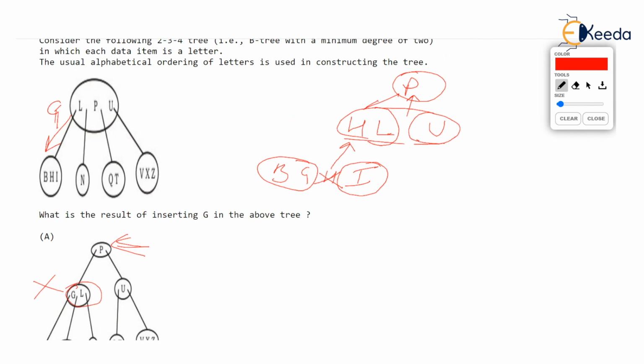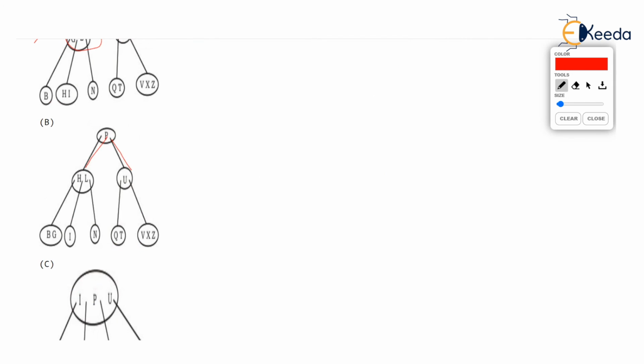At the bottom level, BG is one node and I is the other node. This was due to the left split and right split that we got. So option B is correct. Try it out again. Replay the video. I hope you will understand, because you know the insertion algorithm. Whenever the node is full, we will split the node and propagate the median. Here the confusing aspect was who will be the median.